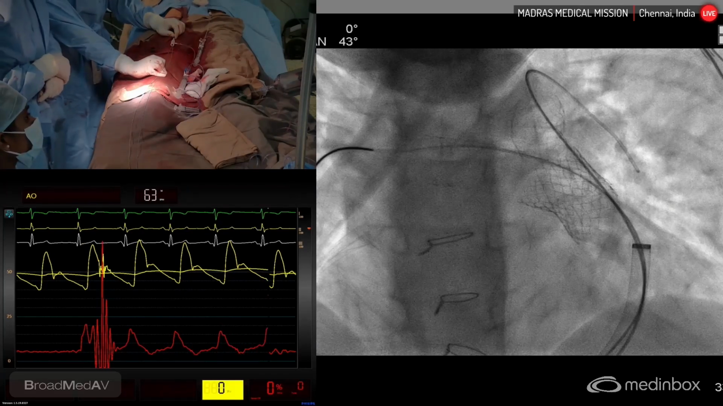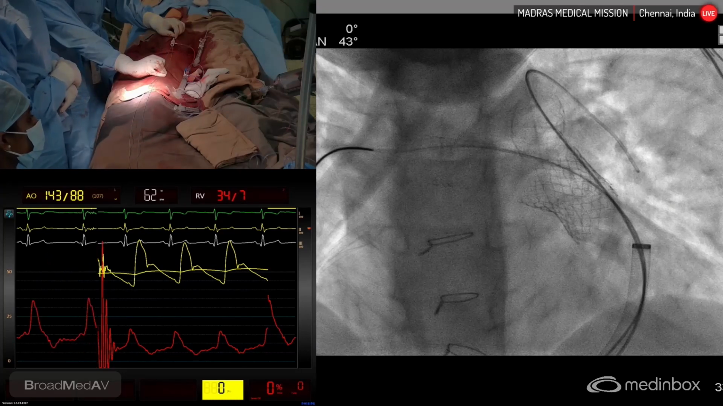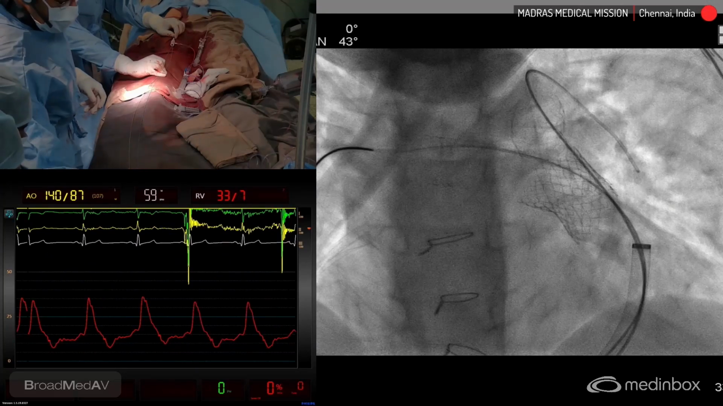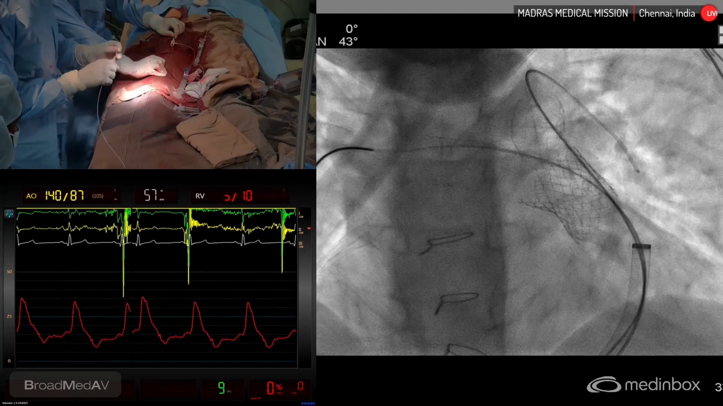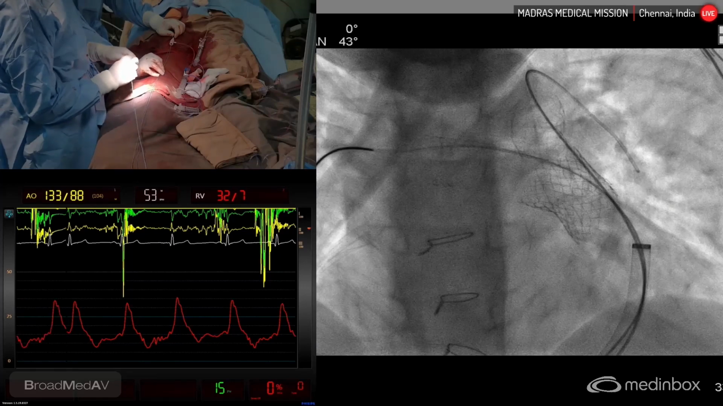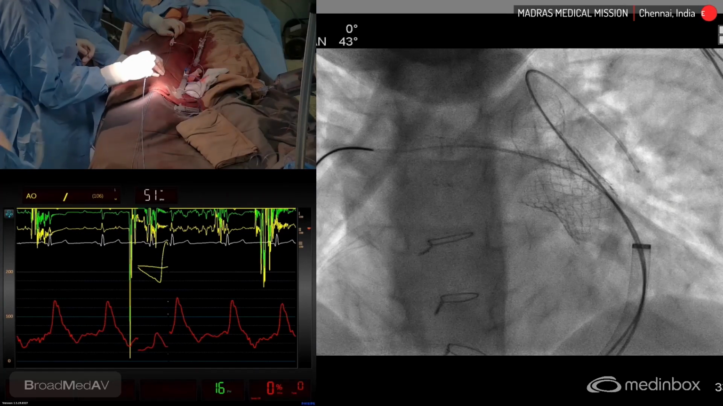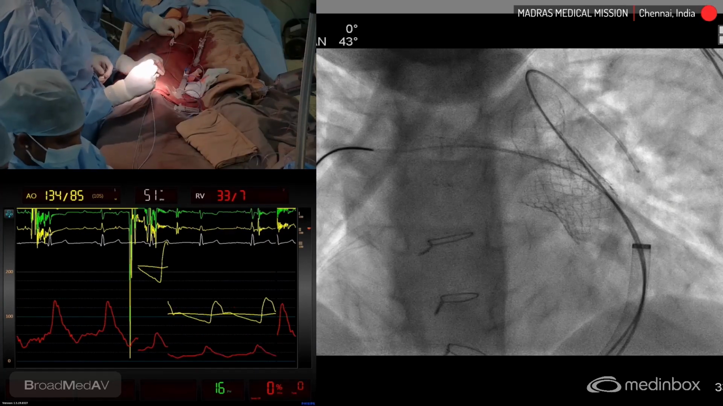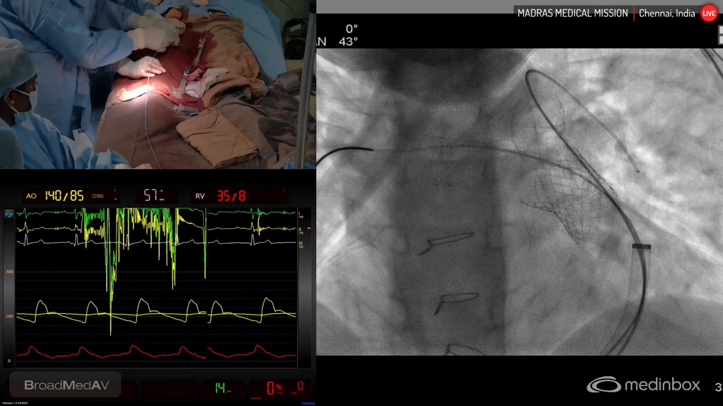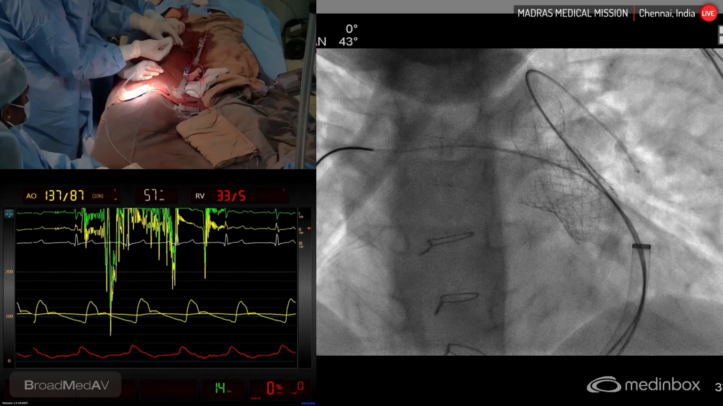The right ventricular pressure is significantly reduced. It's now only around 35 millimeters of mercury. So quite substantial reduction of the right ventricular pressures from 100 millimeters of mercury to almost 35 millimeters of mercury, while the aortic pressure is more or less the same at around 130 to 140 millimeters of mercury. So now we are going to make